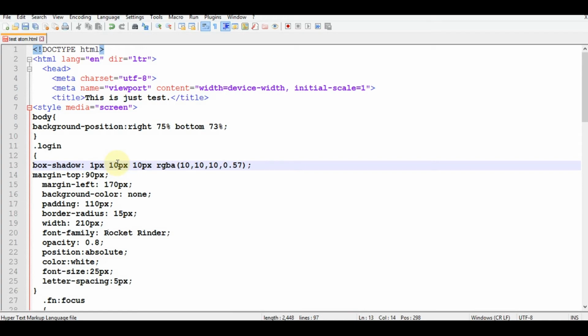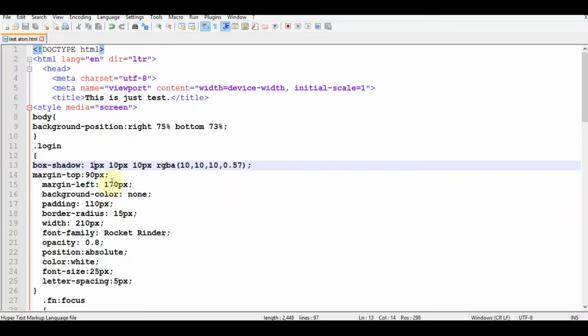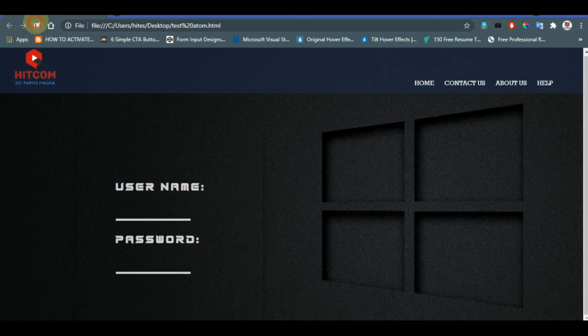Now I have set it to 1 again. That will be much better because I want to see the shadow on both sides. Second, these are the same thing. This one was moving the shadow to the right, but this one will move the shadow to the top or bottom. Suppose I set it to 20 or 15. Now you will see the shadow is a bit down, because there is no shadow up here; it is moved down and hidden behind this box.